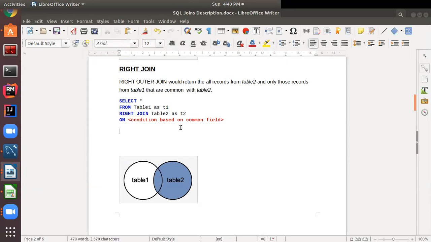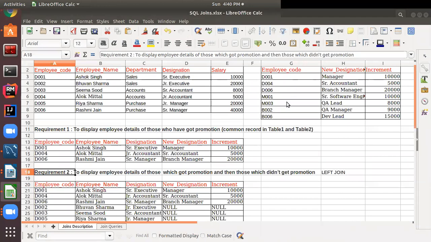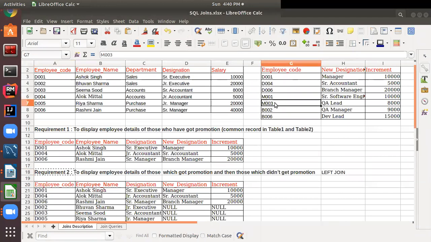And sometimes we have a requirement that we want to display all the records from the promotion table from other branches also. Through left join and inner join we are displaying only records which belong to the Delhi branch, but as you can see, the promotion table contains employee records of other branches as well, like Mumbai and Bangalore. Now this time I want to display all the records from this table. That means I want to see how many employees got promotion throughout India.